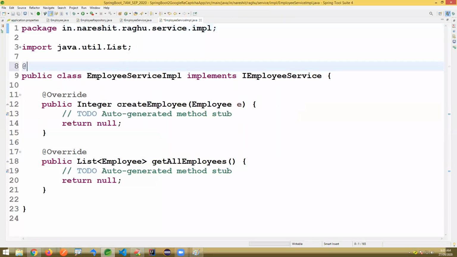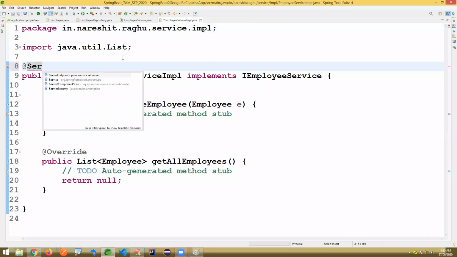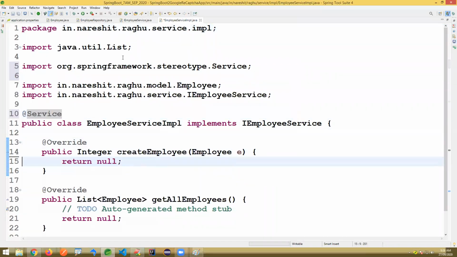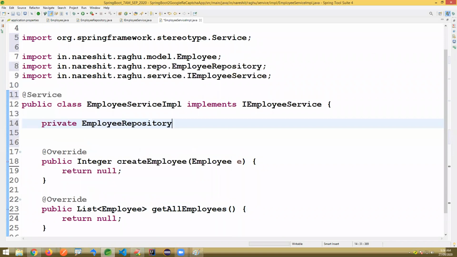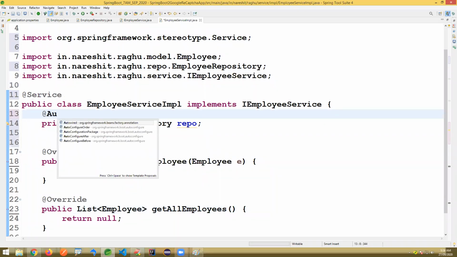On top of this, I'm writing @Service. And to do these operations, I'm taking the help of the repository. It's a has-a relation, so you need to apply @Autowired.